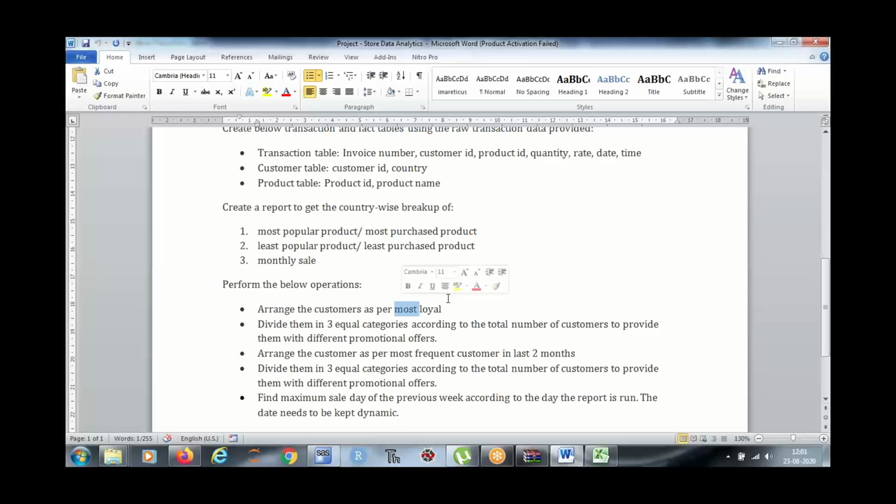Again, loyalty you can define in terms of the amount or the frequency, which means how regularly they come to your store or your website. You can perform SQL queries here also, or a data step, whatever way you want to write it. I am not restricting you to only SQL query. You can use a data step, any procedure.